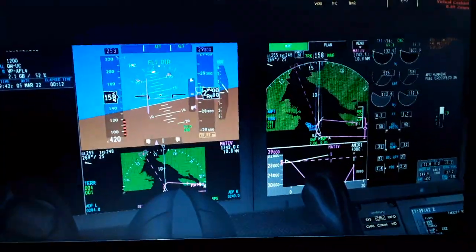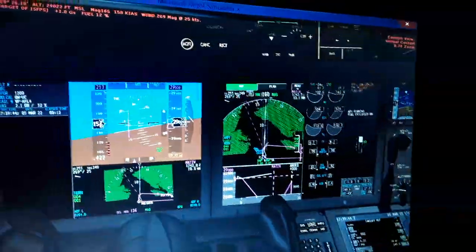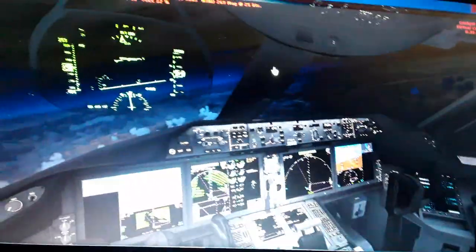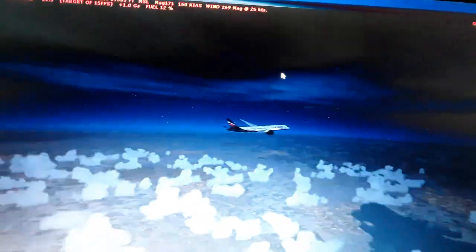So the cruise level here, and we need to take the turn back home. As you can see, we're cruising at